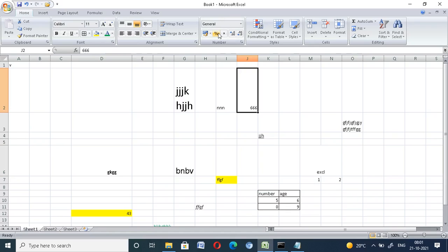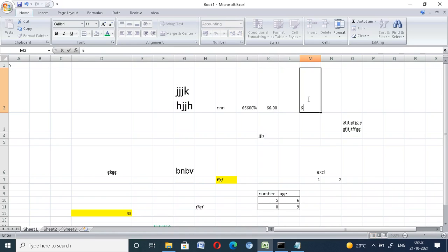Okay, these formulas apply only to numbers. Accounting, just accounting. Now these two are for the decimal places, like 5, 6, 7.